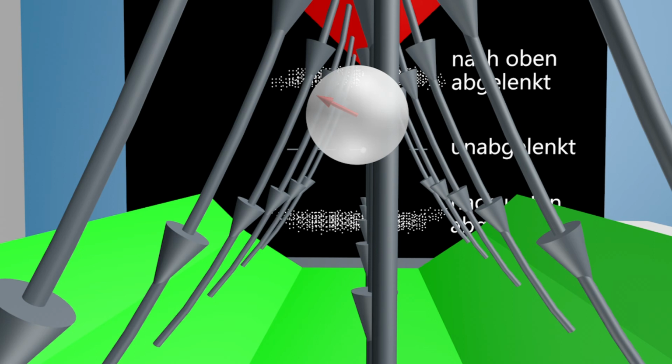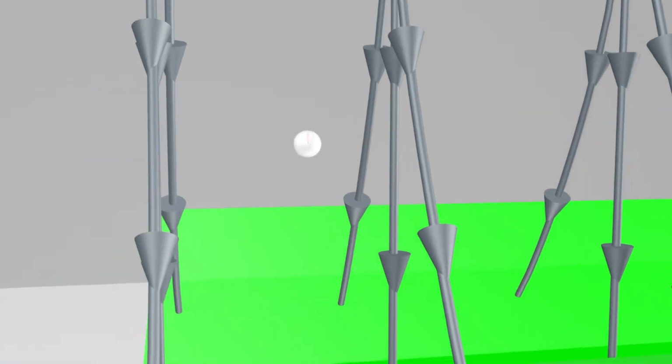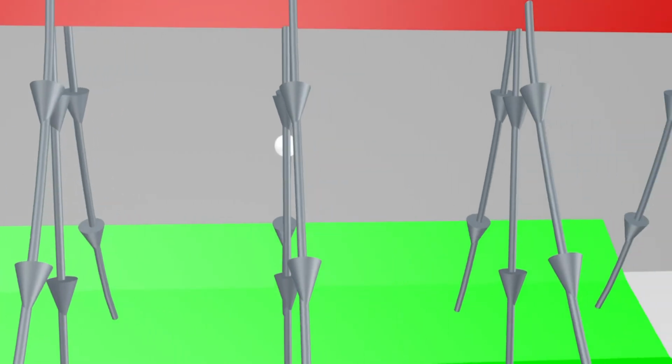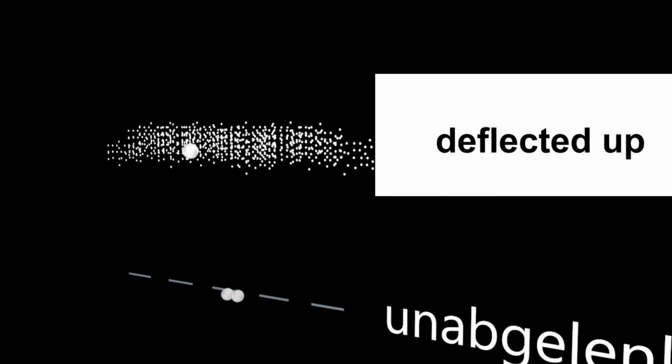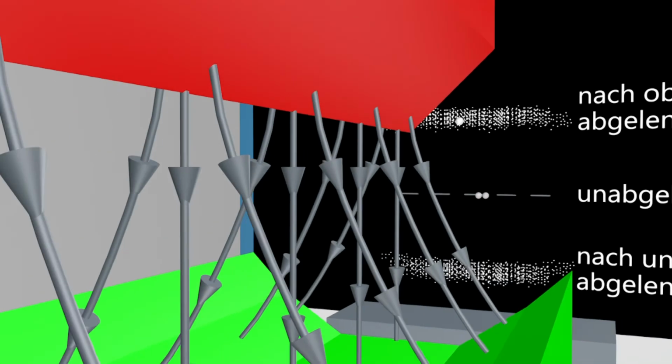If the alignment is previously directed towards the North Pole, the spin is in most cases completely aligned to the North Pole. In this case, this unpaired electron experiences an upward force. It can thus be shown that the spin of the electron has a magnetic moment and is either attracted by the North Pole, as in this example, and repelled by the South Pole and deflected upwards, or, as in the second example, exactly in the opposite direction.